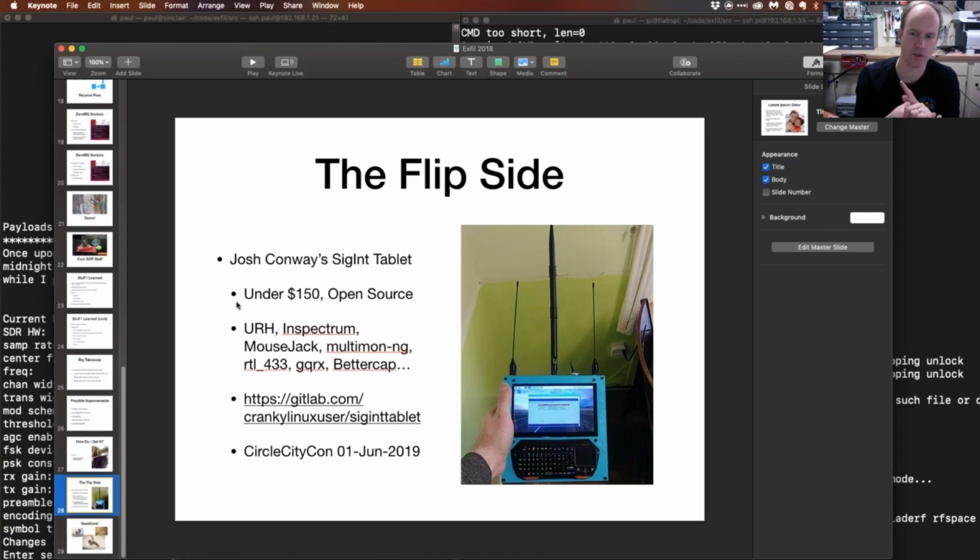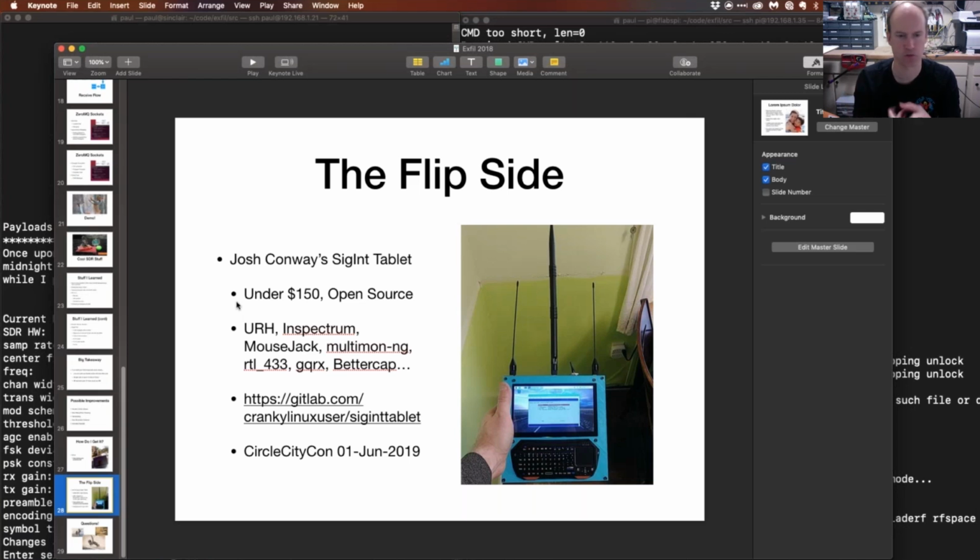And this is toys. The one thing I did want to get out there is Josh Conway is somebody who's going to be speaking at Circle CityCon in Indianapolis later this year about this really cool project he's been working on, where he has 3D printed a case, and you can get the files for that on his GitHub, and he has basically plunked an RTL-SDR onto a Raspberry Pi 3B Plus, and got a cool keyboard and LCD monitor, and he's basically got a little RF hacking machine that you can go around with.